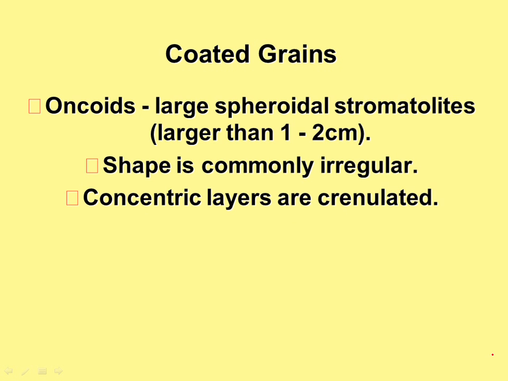And so what happens is you have this ball of material sitting on the seafloor, and it has algae living on it. And it kind of gets rolled around. Of course, the larger it is, the more energy you need to roll it around. And as that happens, the algal filaments, which have mucus, a sticky substance, tend to attract particles and stick the particles together, and they give rise to these layered structures that are roughly spheroidal in shape.